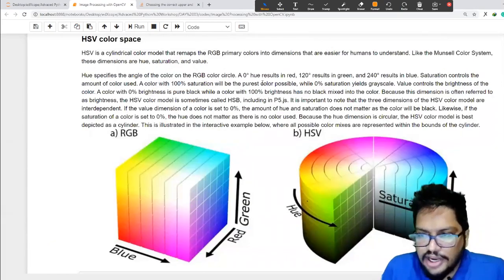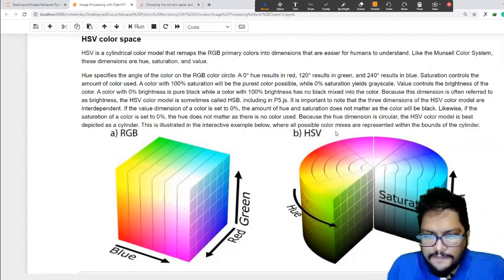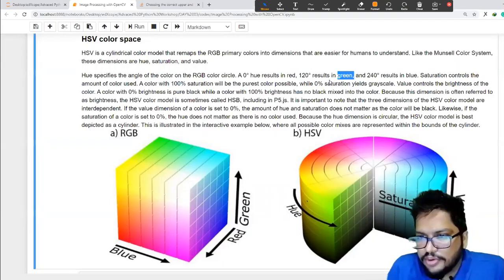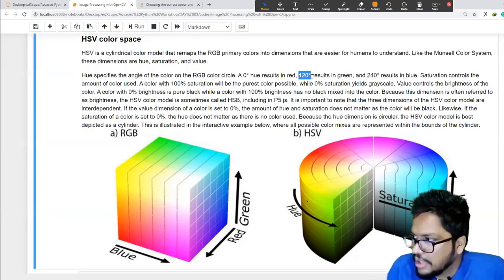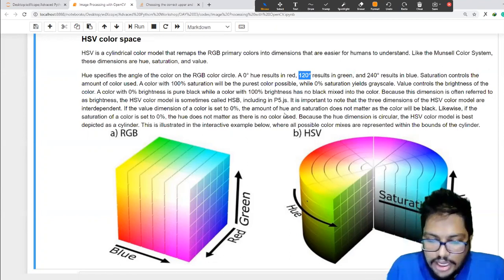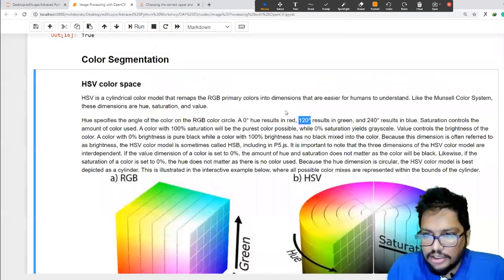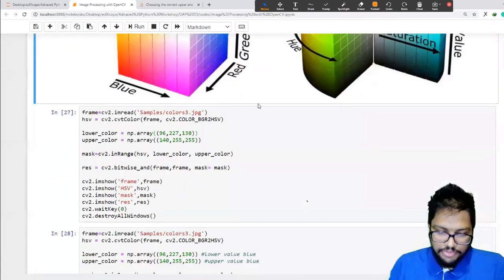Right. So you can find it on the internet as well. Or else what you can do, the pure green color, the H value starts from 120, the angle 120, right? The angle 120, but we have to provide here